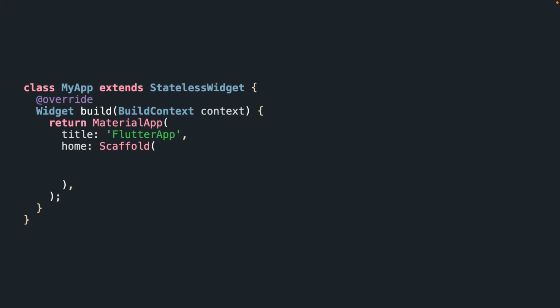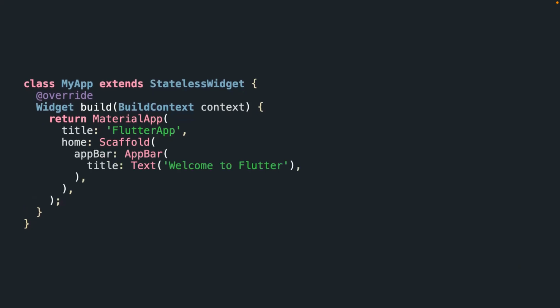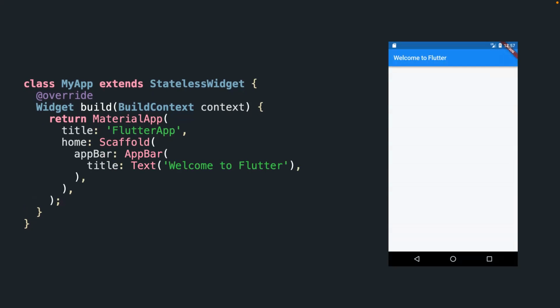Let's add toolbar, or as this is called in Flutter, app bar. As you can see, there is this parameter app bar that uses widget app bar, because everything is a widget, that uses widget text to show text in app bar. This looks really straightforward. You can see that there is just app bar with text, and on the screen you're going to see app bar with text. Simple as that. So that's a good start.